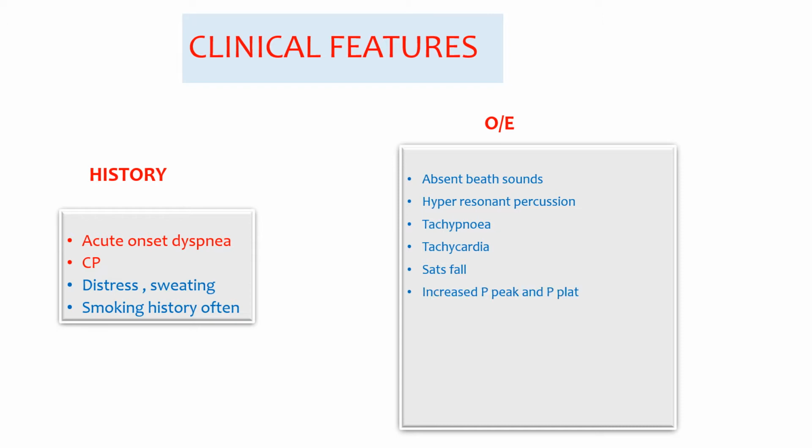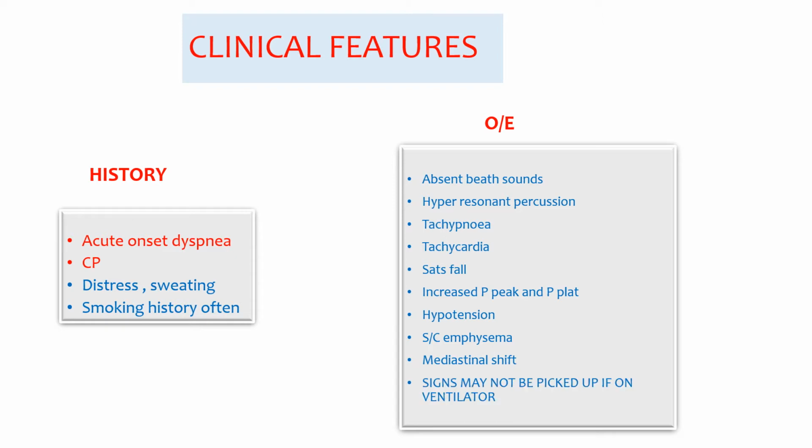And if he's on the ventilator, there's an increase in peak and plateau pressures, and there's no real widening between the two, which you may see in a pneumonia or in pulmonary edema. And in tension pneumothorax, there is hypotension. Subcutaneous emphysema can always develop with pneumothorax because the fascial planes are interconnected.